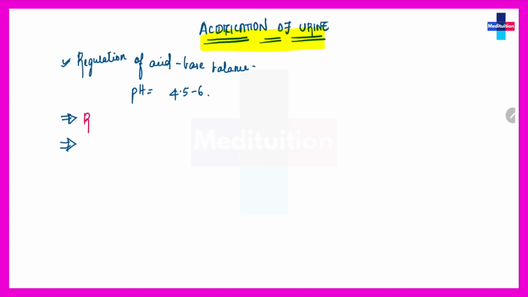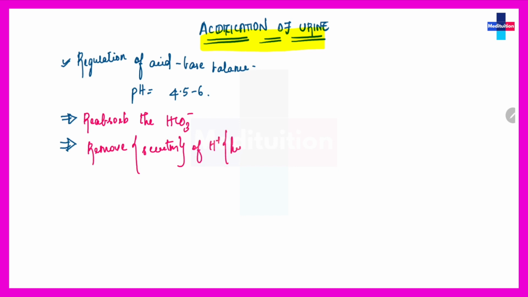One, they have to reabsorb the bicarbonate ions, or else they can remove hydrogen ions by the secretion or excretion process. So any one of these things can happen to make the urine acidic. But how it is happening, that is important. If we are speaking about